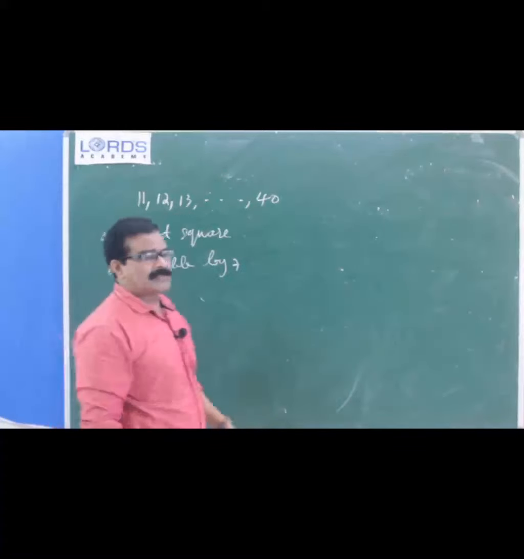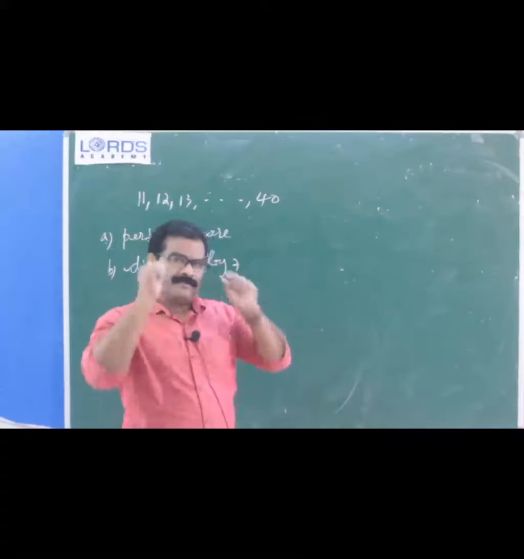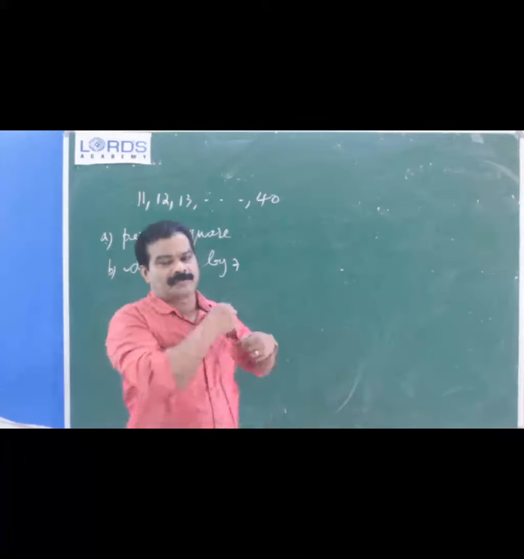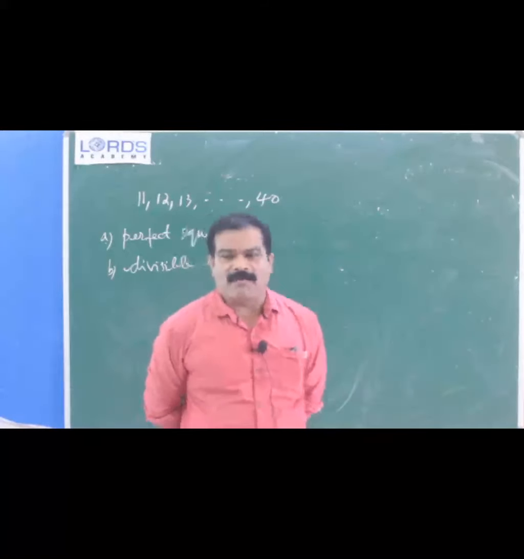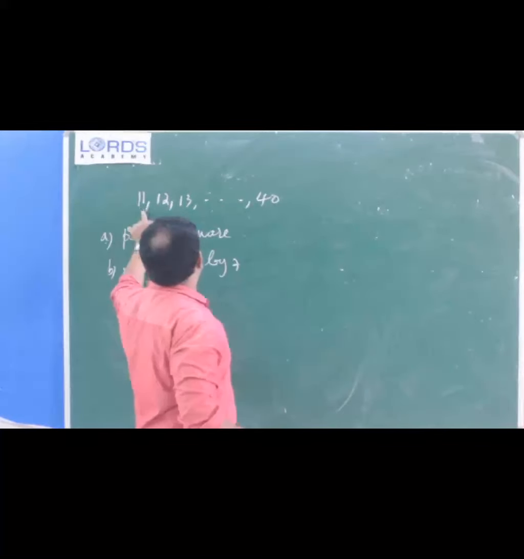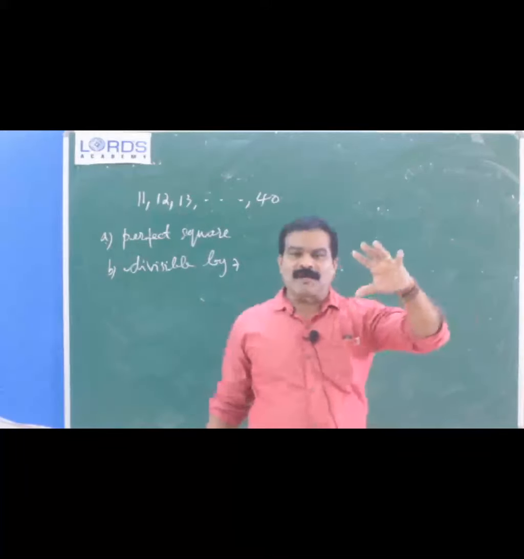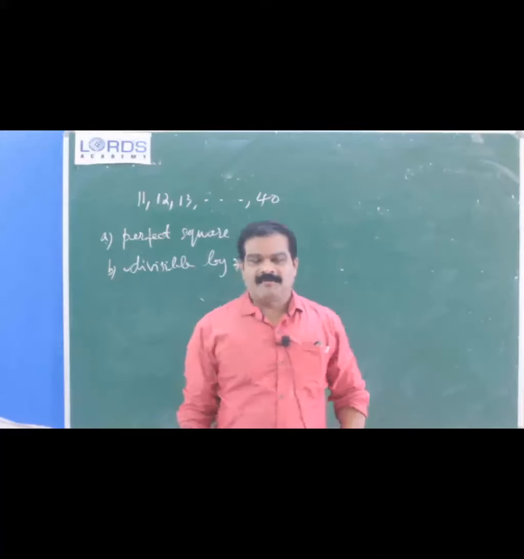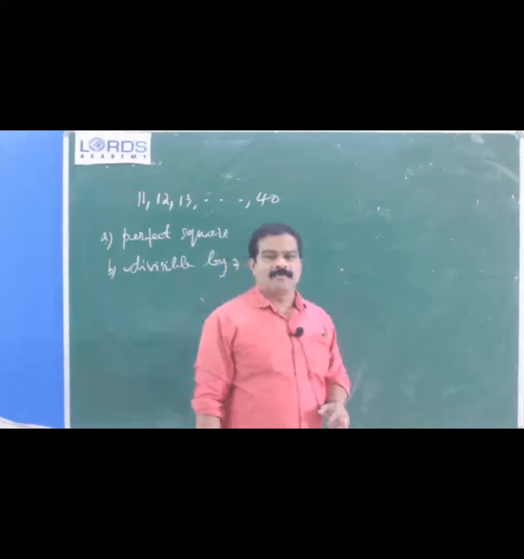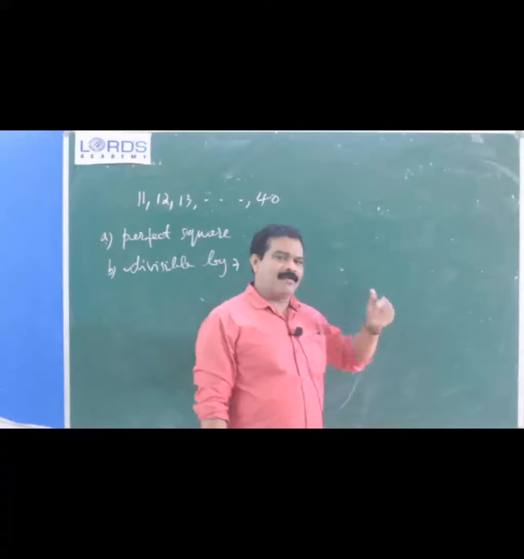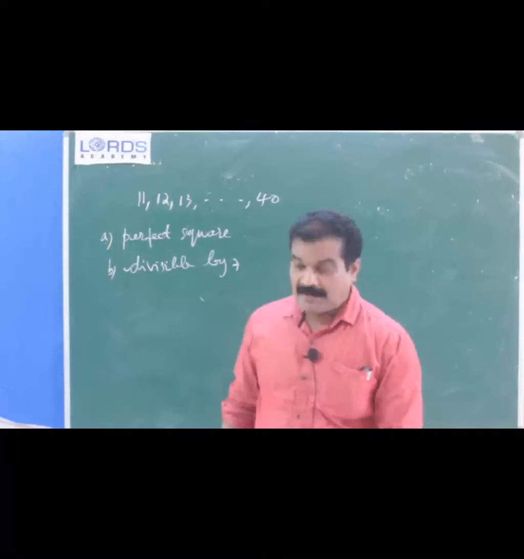Okay. First of all, we have to find the total possible outcomes. Can anyone say what will be the total possible outcomes? The numbers are 11, 12, 13 up to 40. How can you find this total? Probability of an event is equal to number of favorable cases divided by total possible outcomes. Then can you first find the total possible outcomes here? Anyone please respond. How can we find?